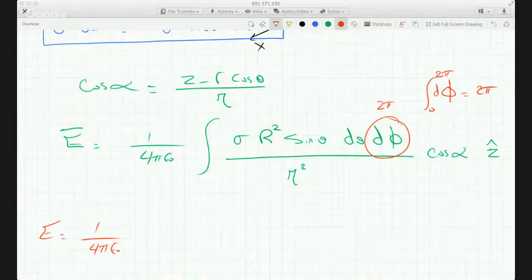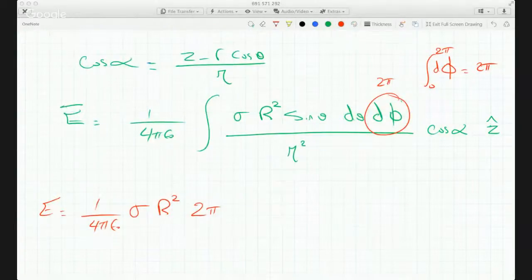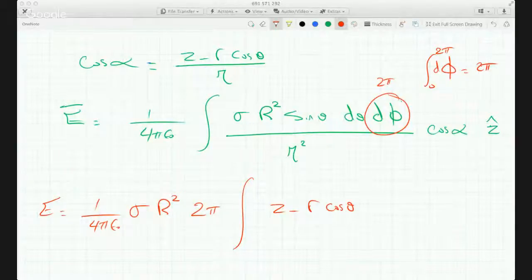R squared can come out, sigma can come out, everything constant can come out. I have a 2 pi, and I have z. So cosine alpha we said is z minus r cosine theta. And by the way, I don't know why I wrote small r. We're only on the surface of the shell, so it's always big R. So big R,